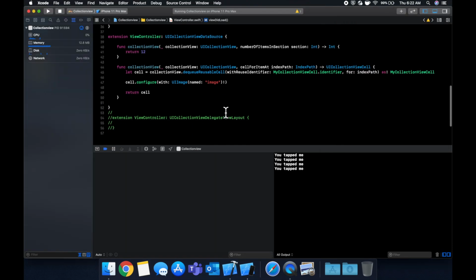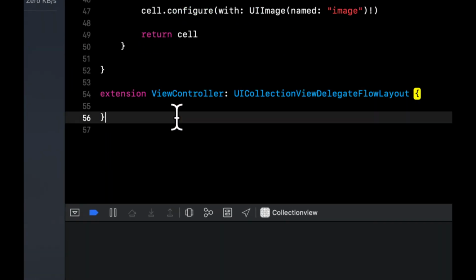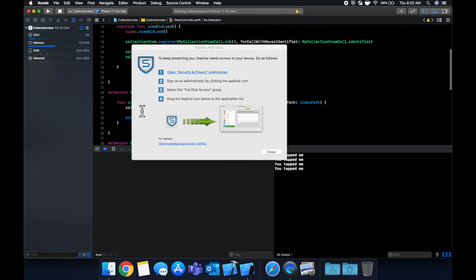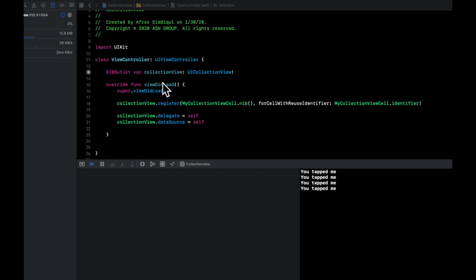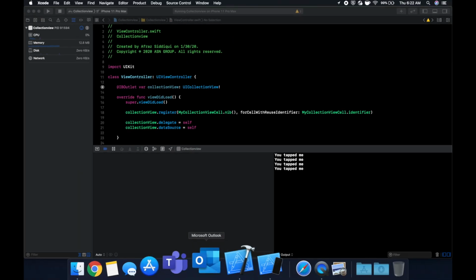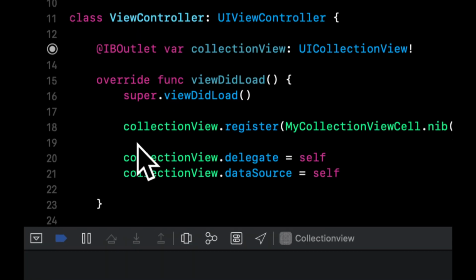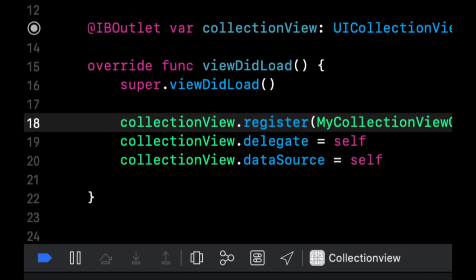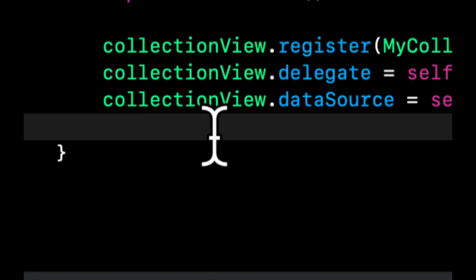I know I said we weren't going to use this in this video, but let's make our cell size a little custom and make it smaller so we can have multiple rows and columns. The way we do that is by working with the collection view layout. So we're going to say